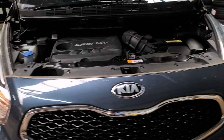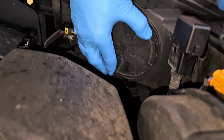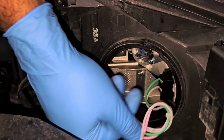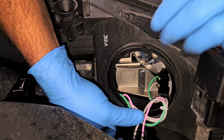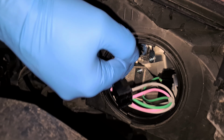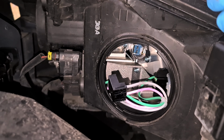To do the bulb, it's quite a simple procedure. We'll just show you. This is the cover we need to remove. If we remove this cover, that plug there, you then remove the plug. And then you've got a spring, which is here. You push the spring down and then pull it backwards towards you. You then take the bulb out, but before you take the bulb out, make sure you see how